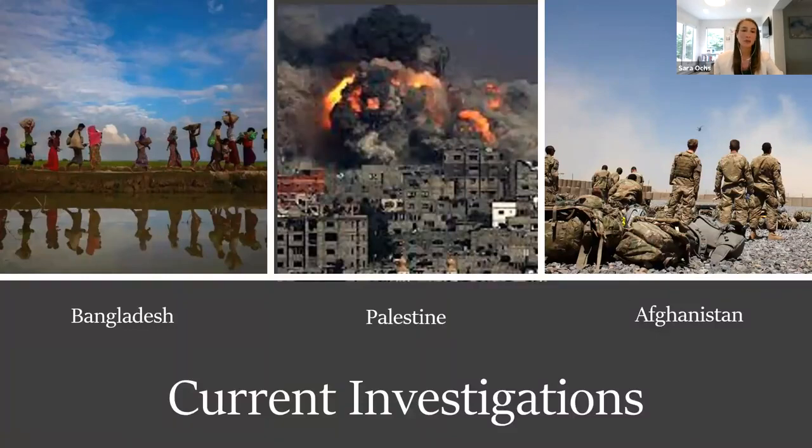The third and final and most important, in my opinion, is the open situation and current investigation into crimes committed in Afghanistan. And this involves crimes committed during the Afghanistan conflict from 2003 onward. It looks at crimes committed by the Taliban and other terrorist groups, the Afghan National Security Forces, and finally the US CIA and military officials for alleged crimes of torture and mistreatment of defendants in Afghanistan prisons and in other black